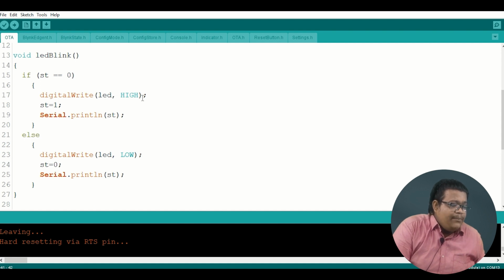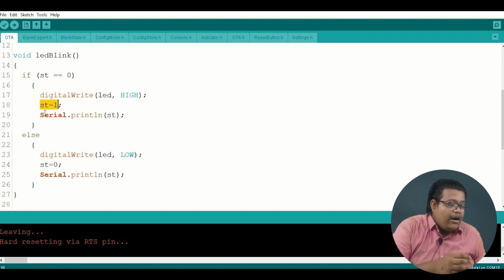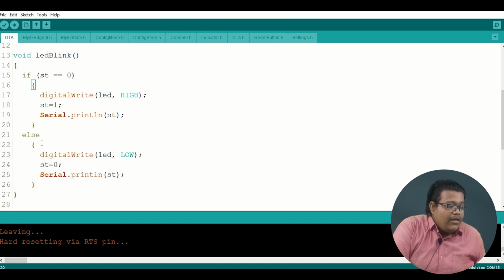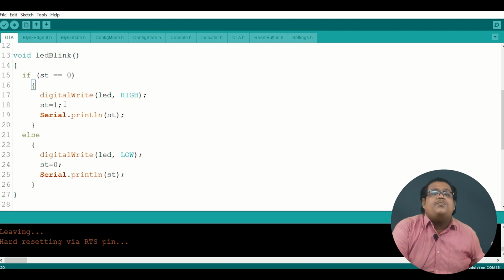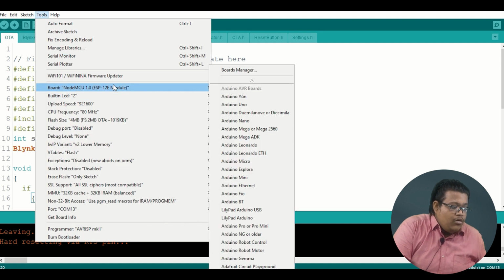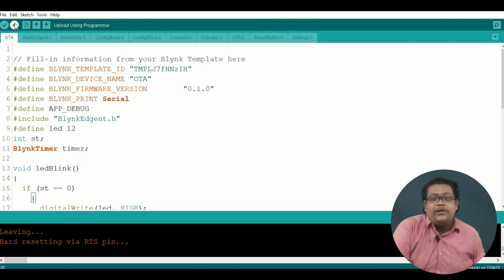Now in the LED blink function, if the value of the ST variable is equal to 0, it will turn on the LED, save 1 in the ST variable and print the value of the ST variable in the serial monitor. Otherwise it will turn off the LED, store the value 0 in the ST variable and also print it in the serial monitor. Now select the right board and right COM port and hit the upload button.